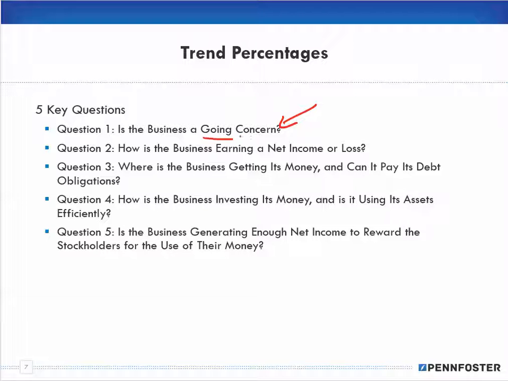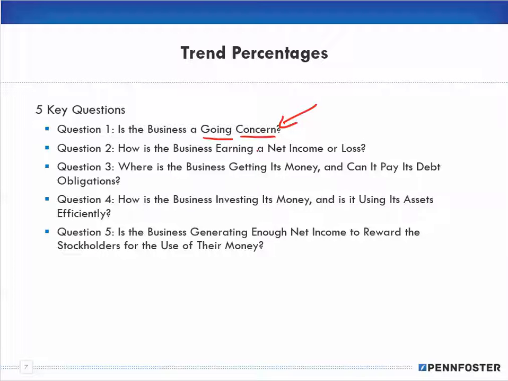And this idea of the going concern, you would ask, why are you even asking this question? Well, if it's a profitable business, you're not so concerned about whether it's a going concern. A going concern means whether it's still going to stay in business. But when the business is having a hard time, for example, your statement of cash flows shows that you don't have any cash. Remember, cash is king. Then you have to start asking yourself whether this company will be able to stay in business. Is it going to stay in business?